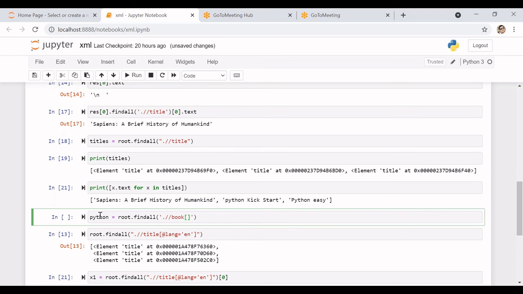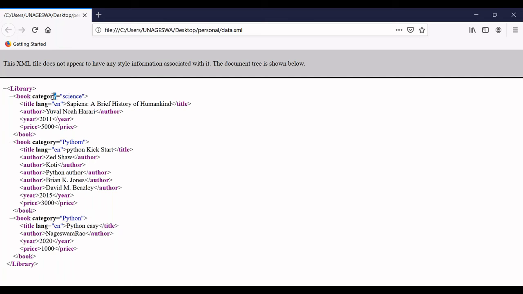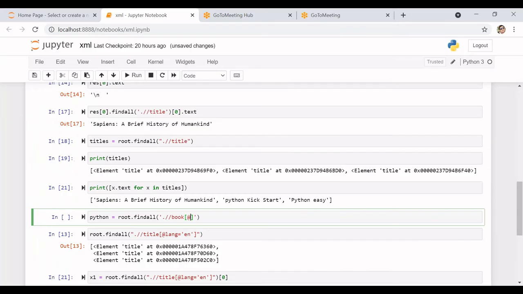I need only the book elements where category equal to Python. So in the quotes I am giving Python here.